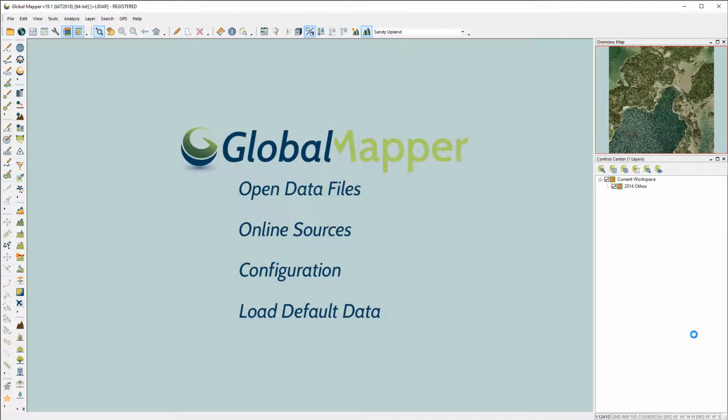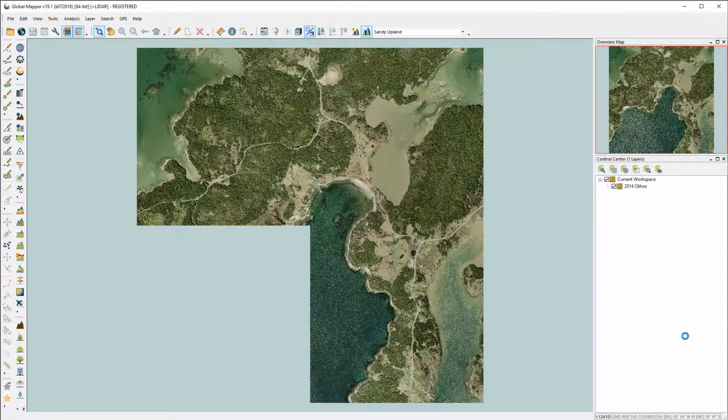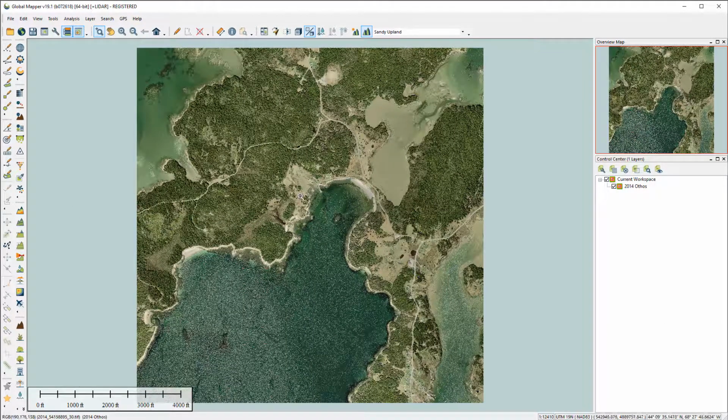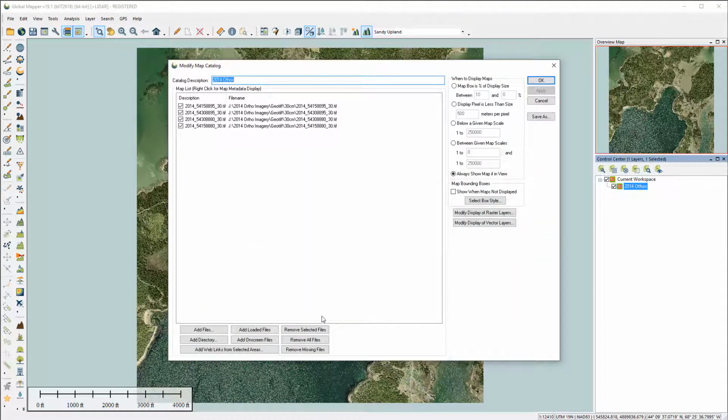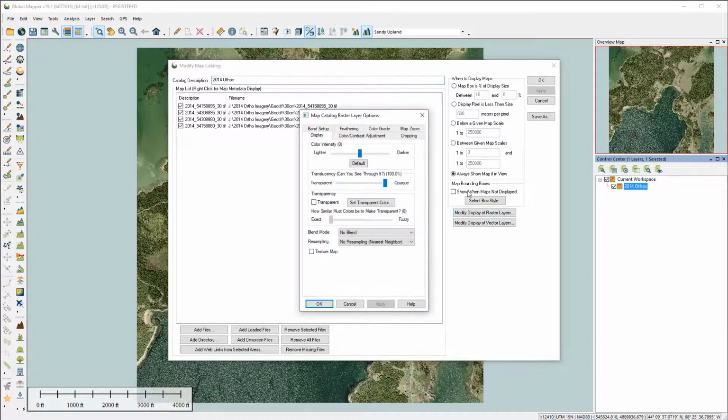So this will bring in those 4 images, and notice that that's it. It's just a catalog. We don't have the individual tiles as easily identified. If we double click on this, we'll see the same dialog. We can add additional ones just as easily, and we can also modify display of raster images. This is where you can adjust the blending,